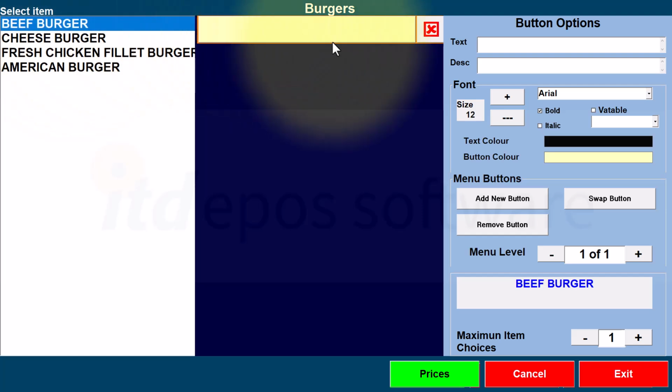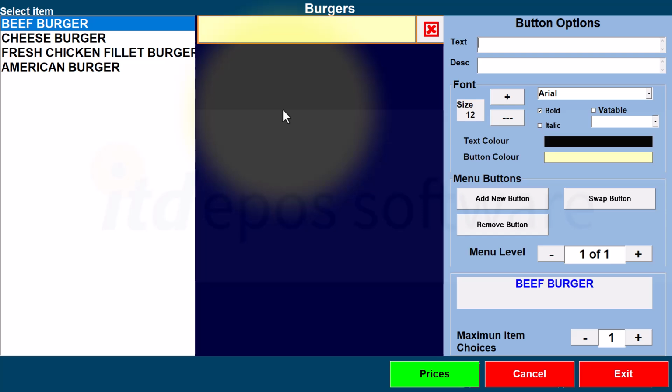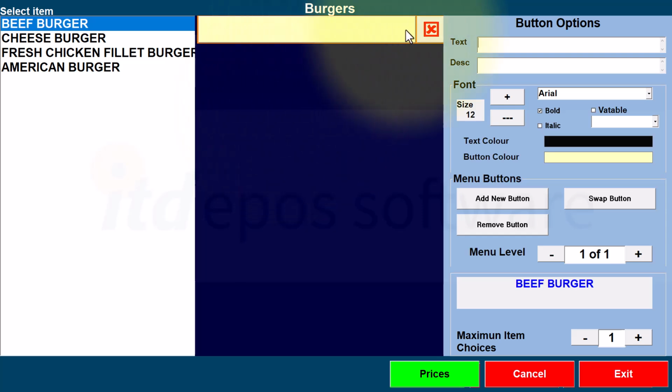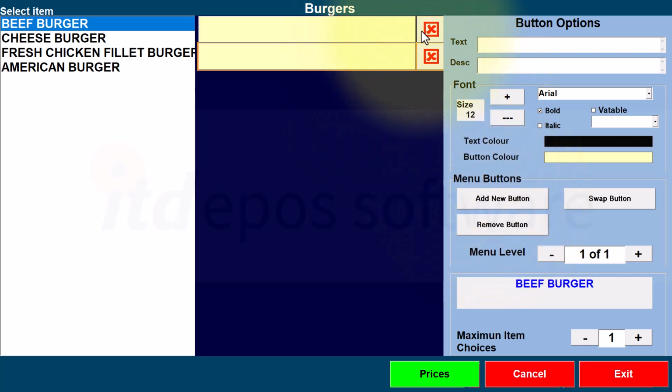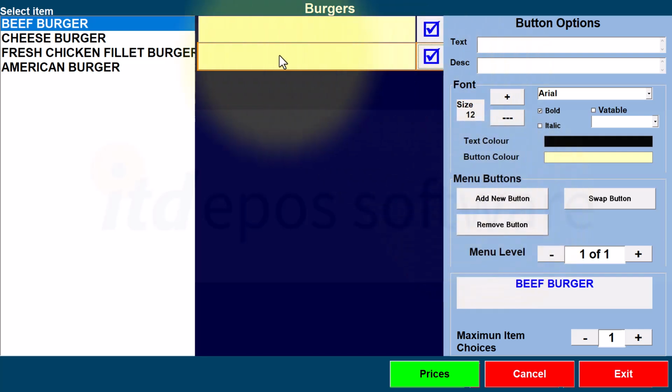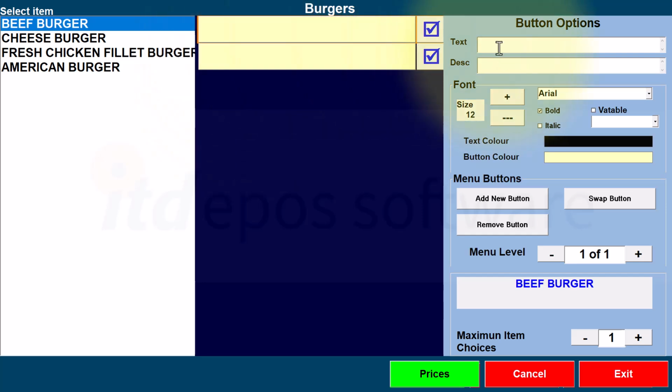For this, we have 2 varieties for the example. Let's say we will add 2 buttons, so we will check this for the beef burger. And for the first one, we will enter coleslaw. And for this one, it will be portion